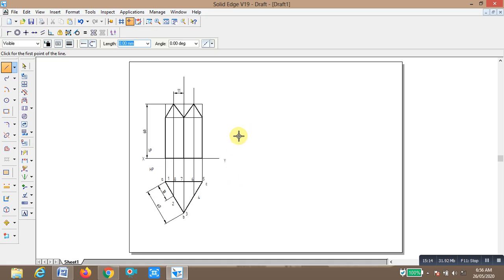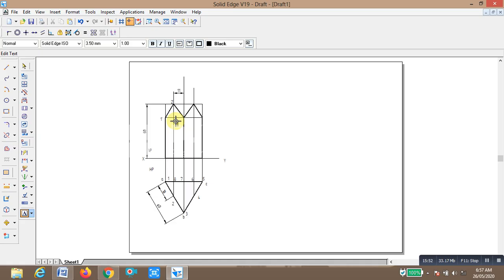Okay, so in the front view you name the same numbers. Here in the front view, this is 1, which becomes 1 dash. You select the text, so this is 1 dash. This is 2 dash. This point is 3 dash, right? This point is 4 dash.